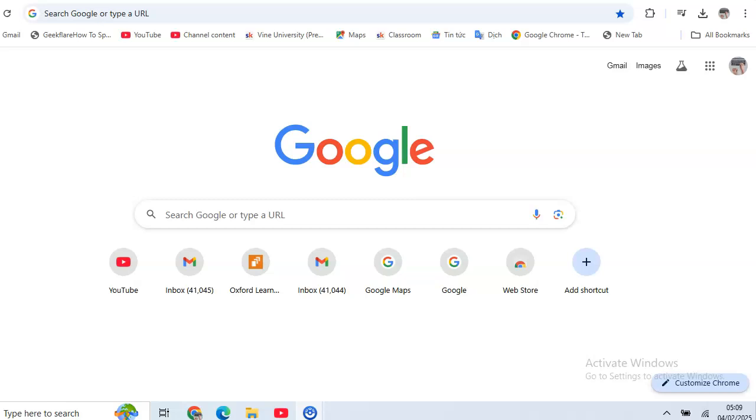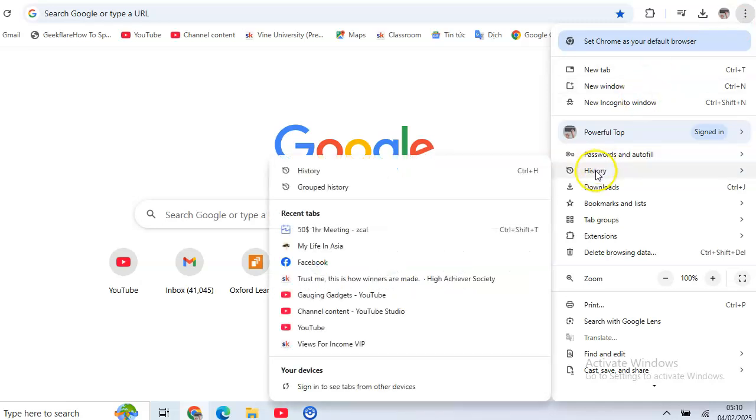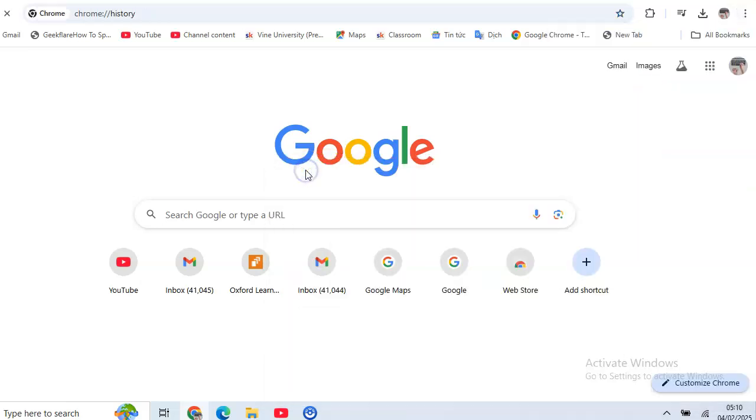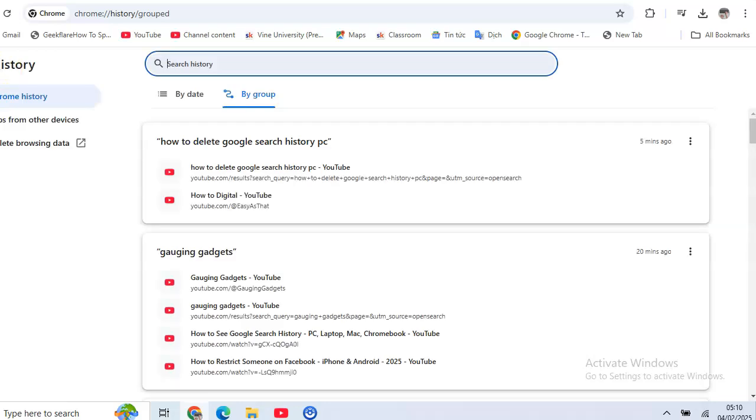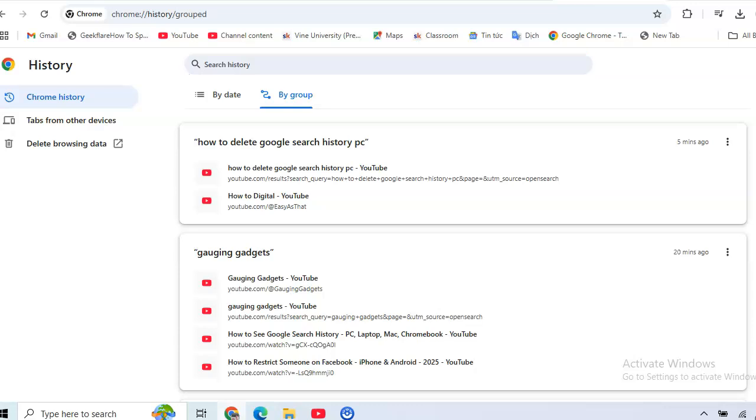Okay, how to delete Google search history on laptop and PC. Just open your Google Chrome and then click on the three dots on the top right. After that, click on history, and here you can see your search history, and then in the left sidebar click on delete browsing data,